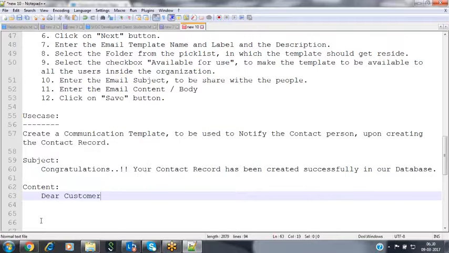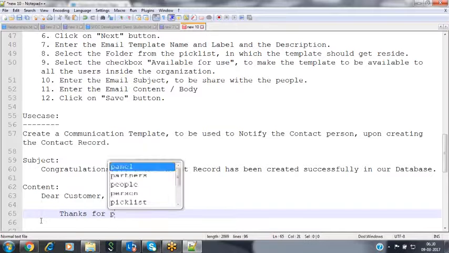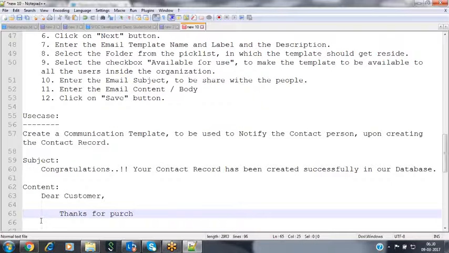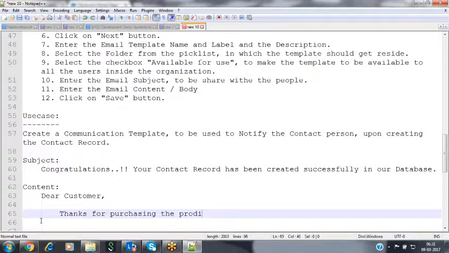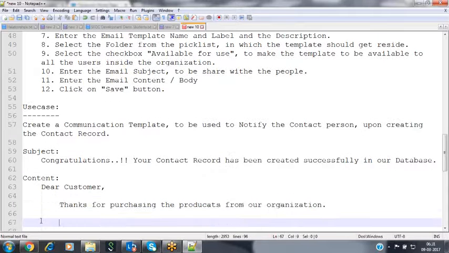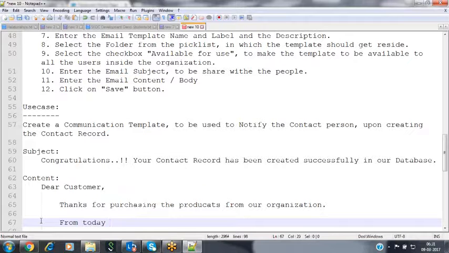Dear customer, thanks for purchasing the products from our organization. From today onwards, you are a valuable customer to our organization.